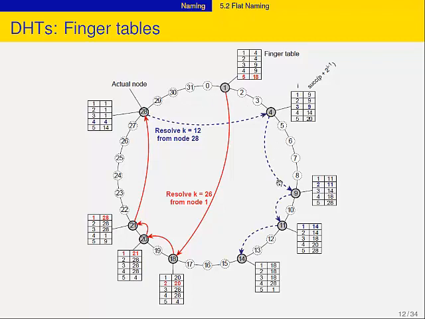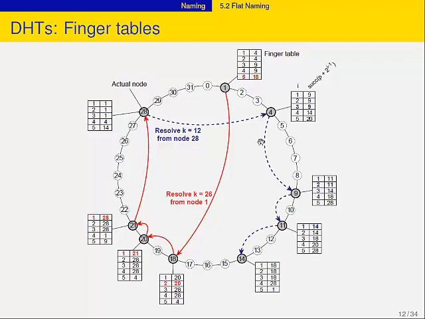These gray nodes are the real system. The other ones simply don't exist. Now what I'm saying is that if you have a file with key 2, then node 4 is responsible for storing that file. Likewise, if you have a file with key 23, then node 28, sorry, is the one that is responsible for that. It will store that file.